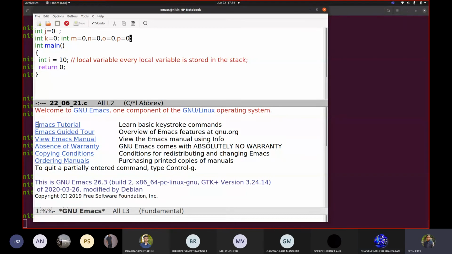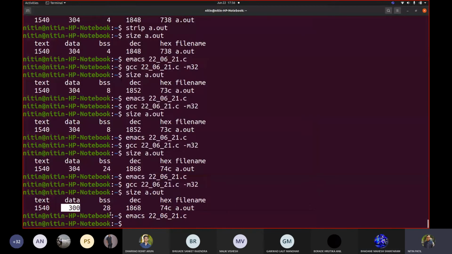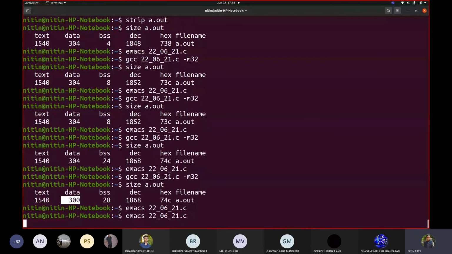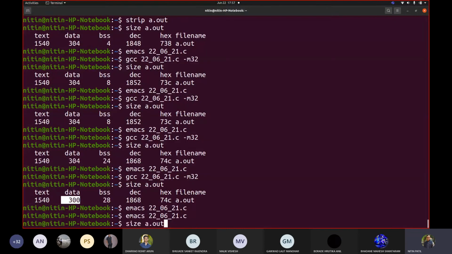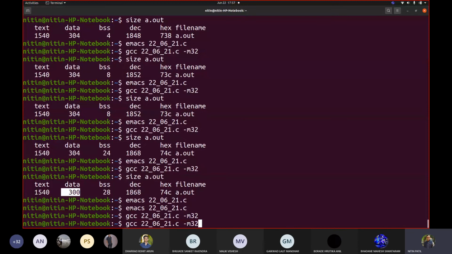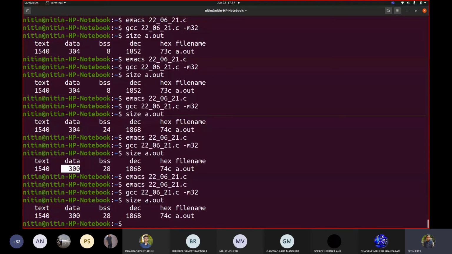Yes or no? No, see the code one more time. What I did was, I initialized all global variables with 0 value. Now see the change. After the translation, is there any change in the size? No.